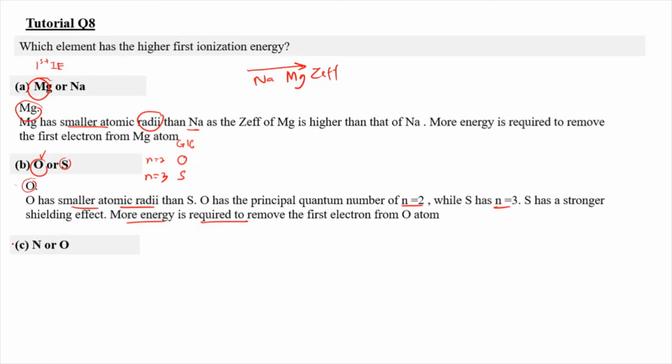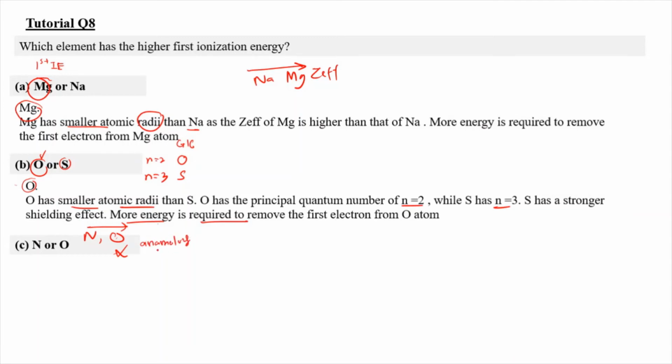Okay, and for C, between nitrogen and oxygen, which one is going to have the higher first ionization energy? Okay, maksudnya elektron yang pertama dikeluarkan. Siapa yang mempunyai ionization energy yang tertinggi? So many of you may answer oxygen because you may think that oxygen is smaller, therefore oxygen will have the higher ionization energy. But this is incorrect because, as you have learned, this is known as the anomalous cases,